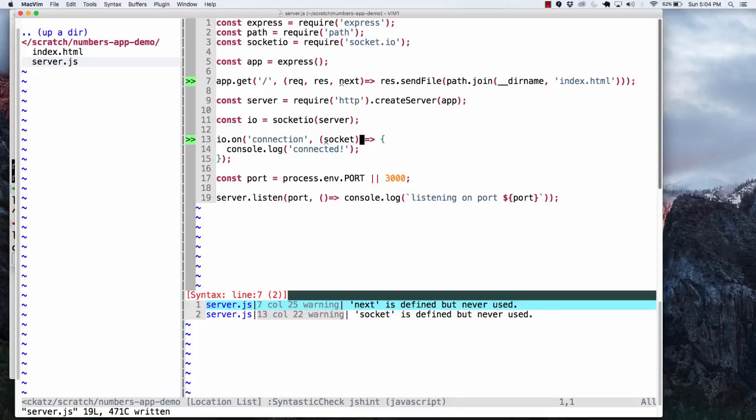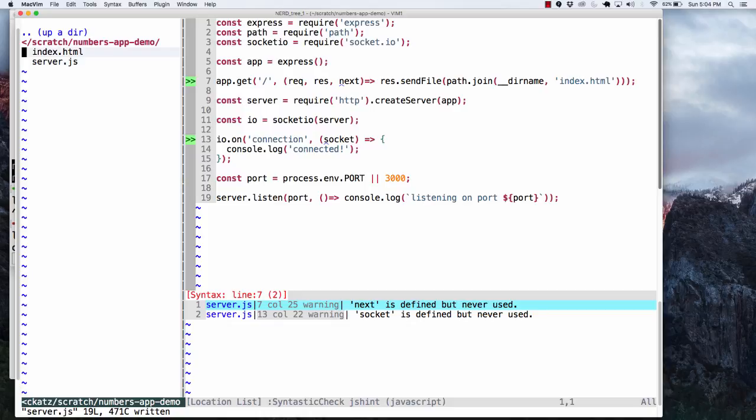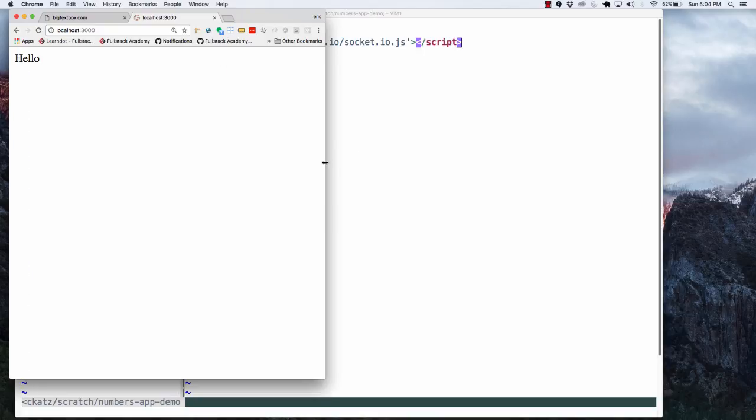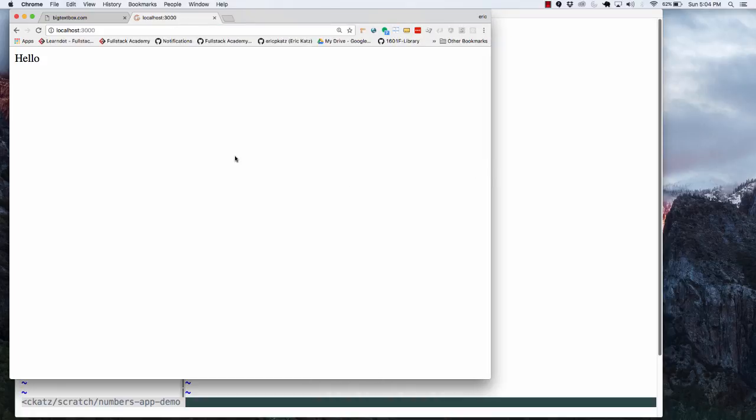Let's do one thing over here. Let's go over to our client. This is going to seem a little bit weird, and you're going to wonder where this came from, but I'm going to set the source of this script tag to SocketIO.js. Now you could look at that and wonder what it exactly means. Where am I getting this data from? If I open this up,